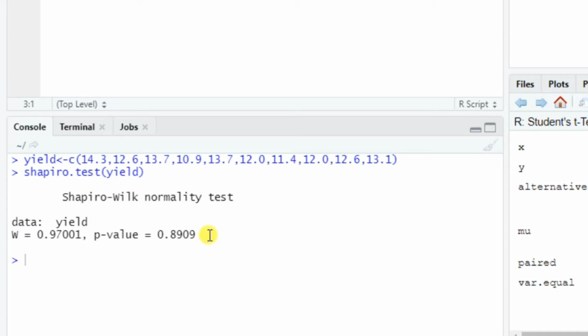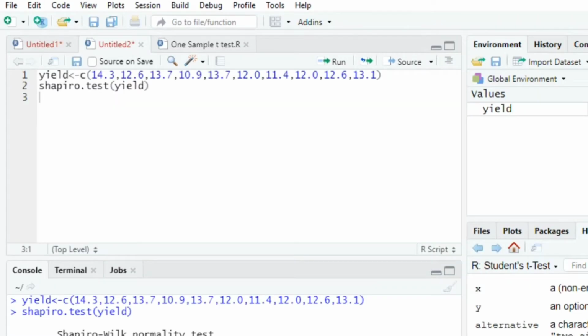The null hypothesis was the data is normally distributed. So this is the green signal for carrying out the t-test. But if the p value is less than 0.05, that means the data is non-normal, then we can't go for the t-test. If the p value is significant for the Shapiro-Wilk test, we must go for a non-parametric test instead of the t-test.